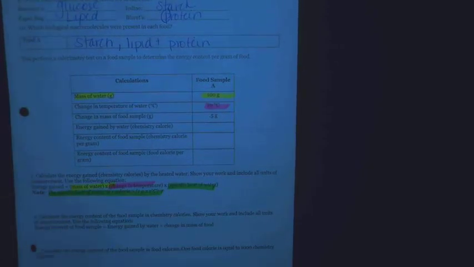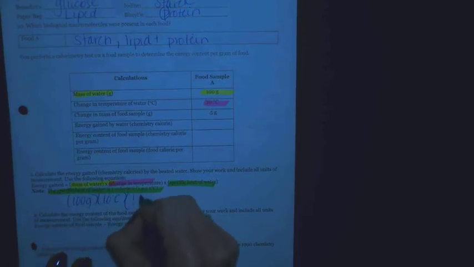And our last question deals with trying to figure out how many calories are in each one of these food samples. Remember, all we're doing is using this data. We have mass of the water times change in the temperature. Do we have specific heat of water? Give that. This is all about plugging in the values and then typing them into the calculator. Remember what I said after the last test? Make sure you are putting it into the calculator. It is very easy to make a silly math mistake and then wind up